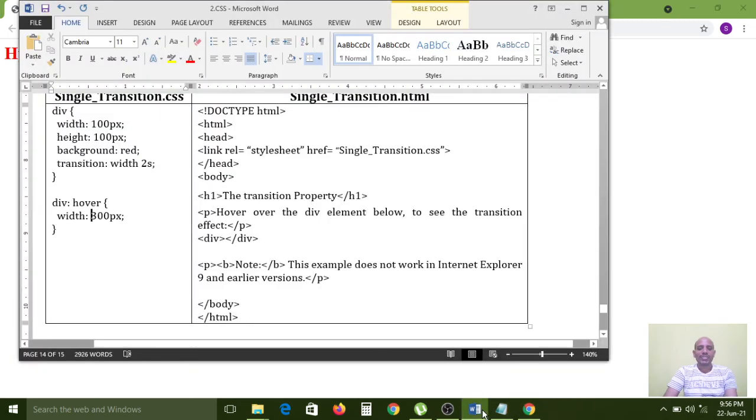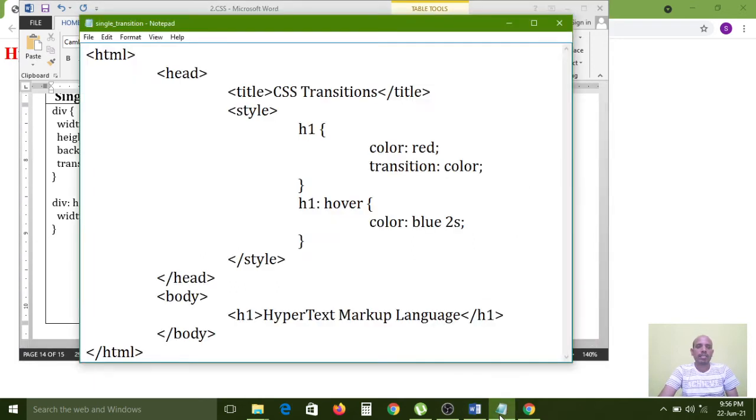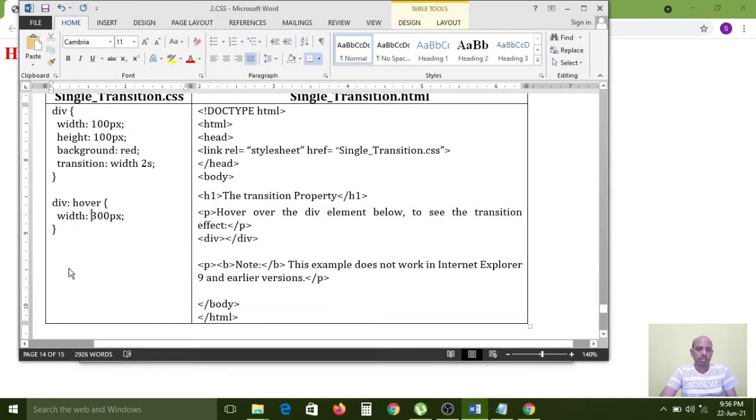Carefully observe. Width 100 pixels. Color red. Transition width.